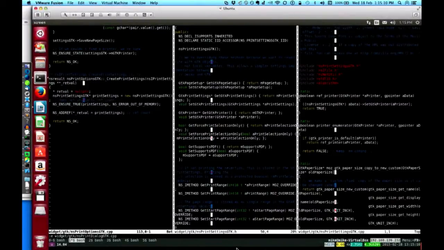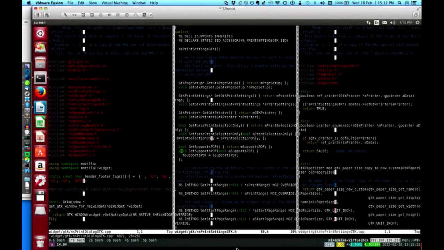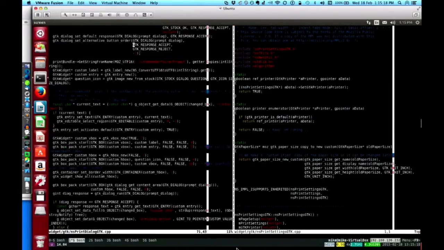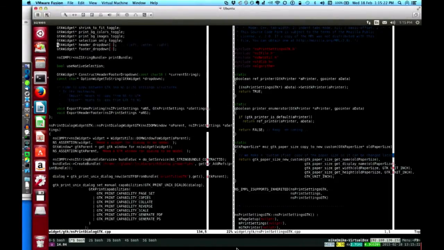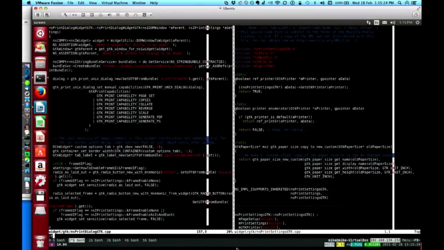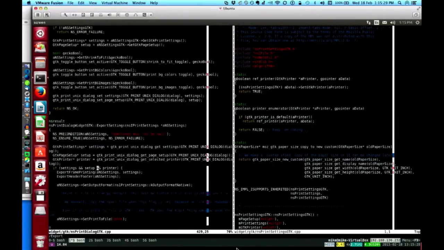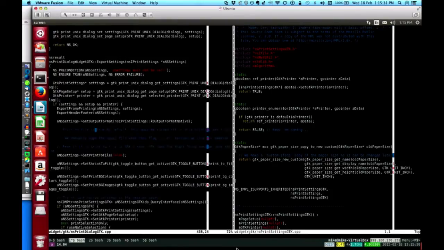GTK CPP. I don't think I need that anymore. Okay, so we are looking for export. Not export frame printing, but export settings. So here's where we can do it.